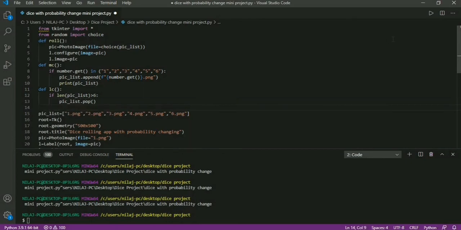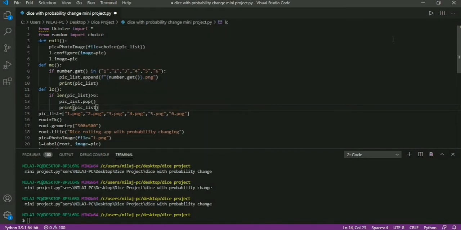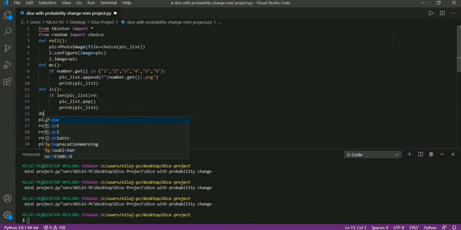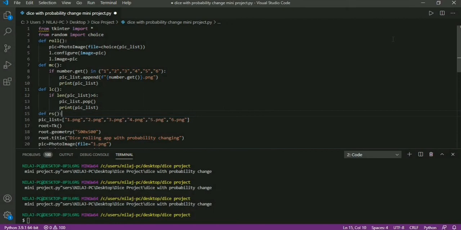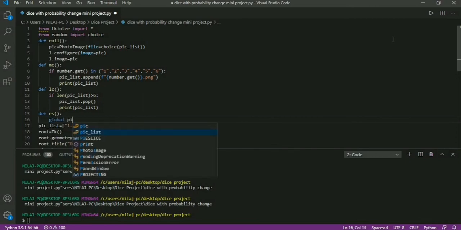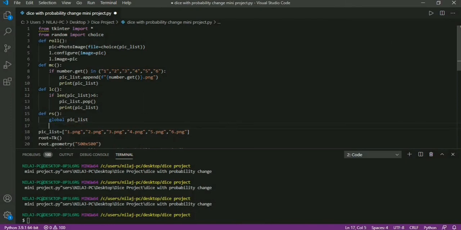Now let's print the list. Now let's create function for reset chance, def rs reset chance, and here I have to use keyword global to change the list, and here I will just copy it.